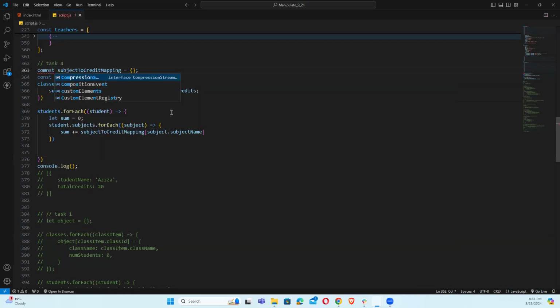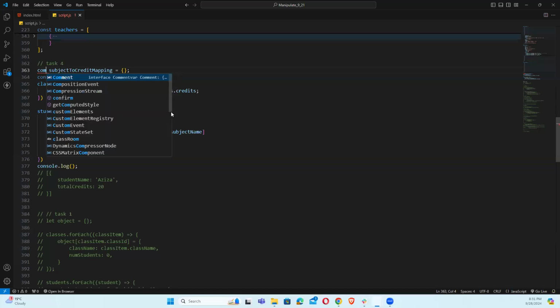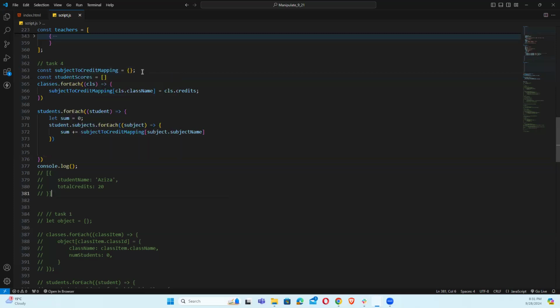There is no reason for it to be let, because you're not reassigning a new value to this object, you're just mutating the original object, so it's const. Okay, so now once you exit this array, you just